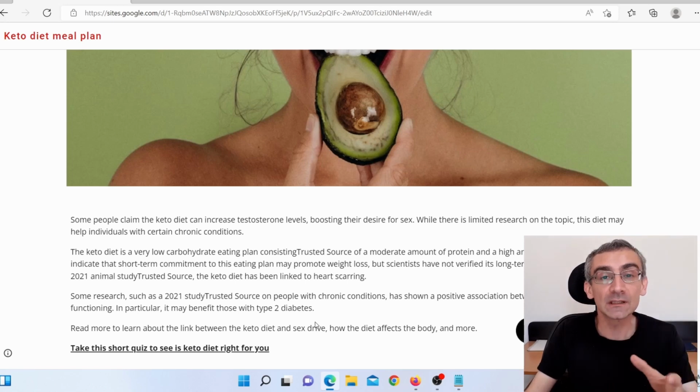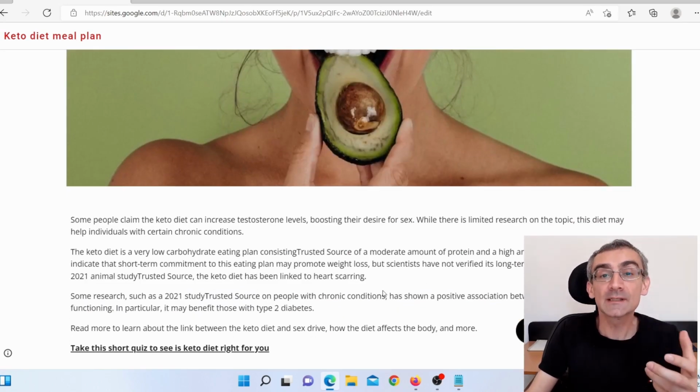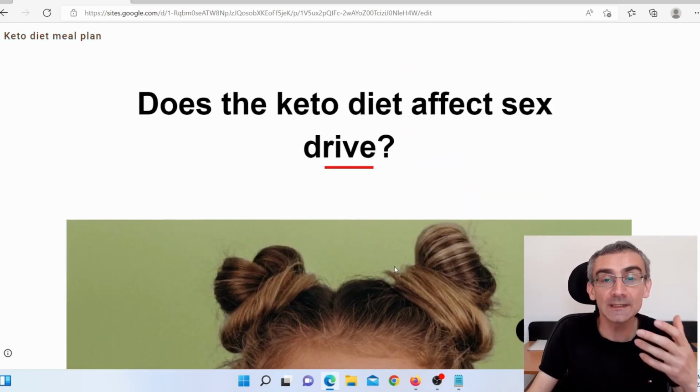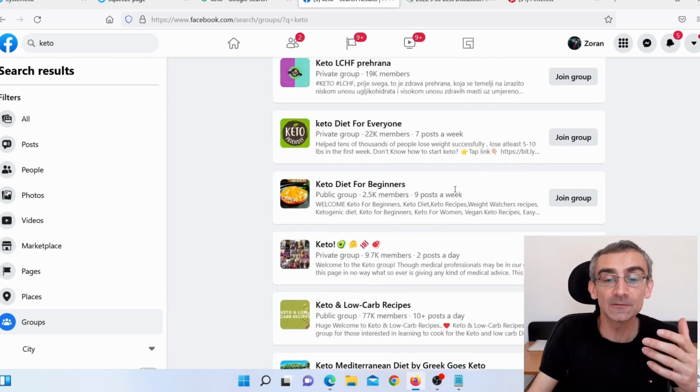And they will finish that quiz, and that quiz will actually send them on the sales page of that book. And like I said, because it is a free book, people will actually order that book, and every time someone orders that book, I will actually earn $5. So now what you need to do, you actually need to start sending people to this article, to this viral article. Now, to start driving free traffic to this article, to this potentially viral article, you can use related Facebook